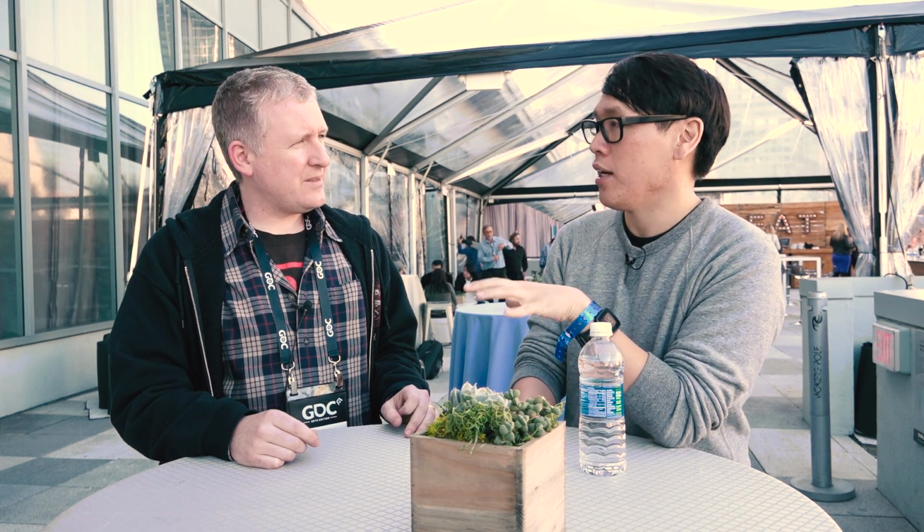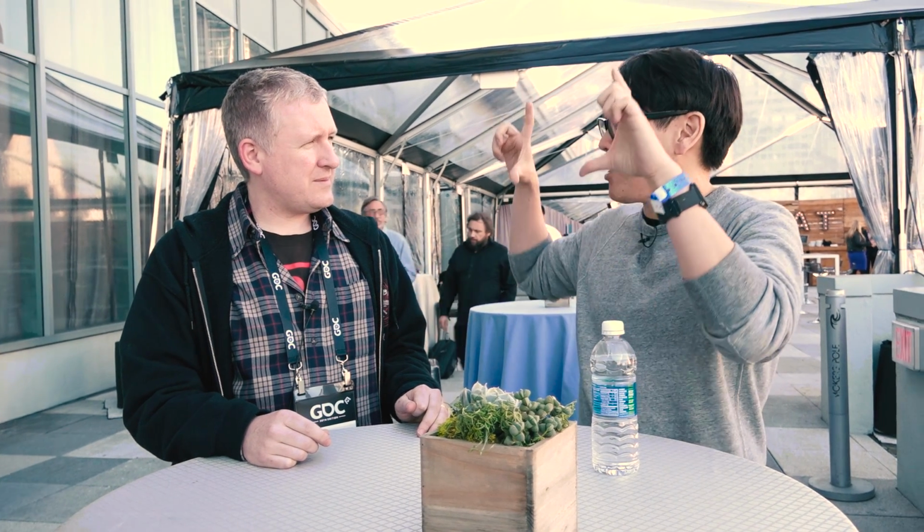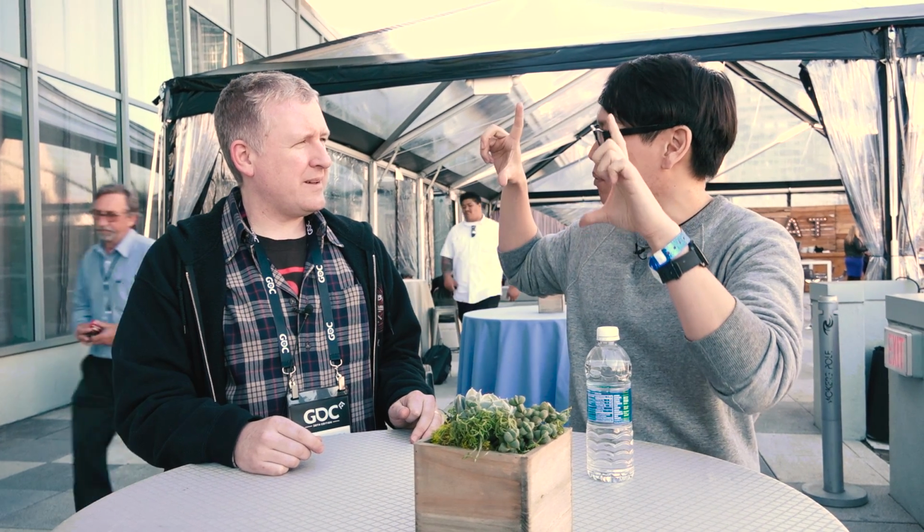In some of the experiences, some of the games, I've definitely felt and seen the telltale signs of asynchronous time warp, which is a thing that's used for rotational tracking. So like I was moving my head side to side, you can see the edge of the screen wobble just a little bit, looking like it was being warped. It wasn't enough to make me uncomfortable or take me out of the game, but it was noticeable,